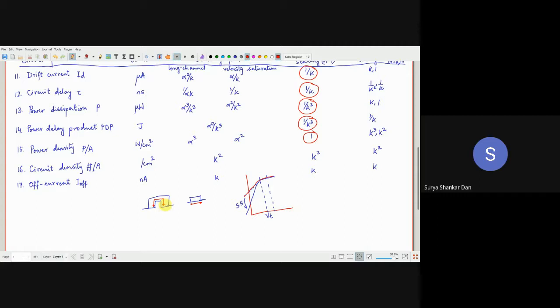Okay, so now this is basically the 3D architecture. That basically increases what your friend has just said. You are simply increasing the gate control by increasing the silicon dioxide interface. But that doesn't essentially help in this one. So for this, you have to essentially deal with reduction of the subthreshold slope.